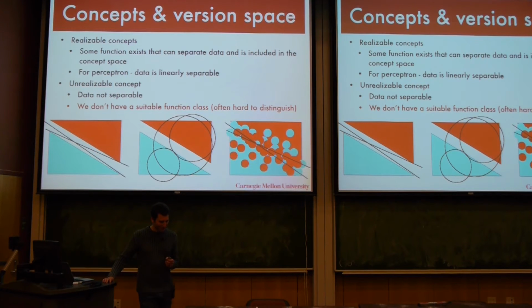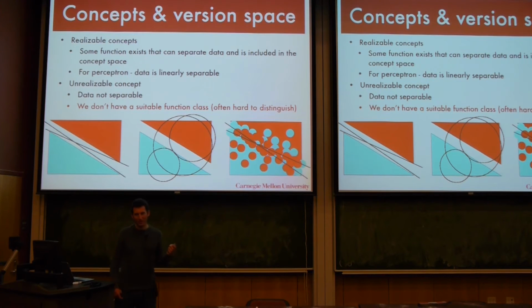The other thing is, sometimes you just don't have what you need. And I'm just trying to illustrate that a little bit. The goal here is to separate the red from the blue. If I have linear functions, this is just right. However, if I give you circles to separate the red from the blue, you're going to fail regardless. So you're always going to get into situations where there are some rates of error. You can maybe find a little error separating the red from blue, but it's not going to be very good.